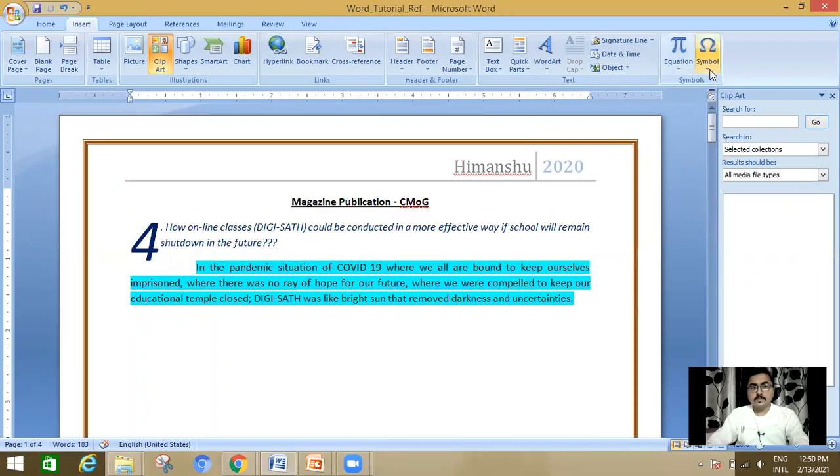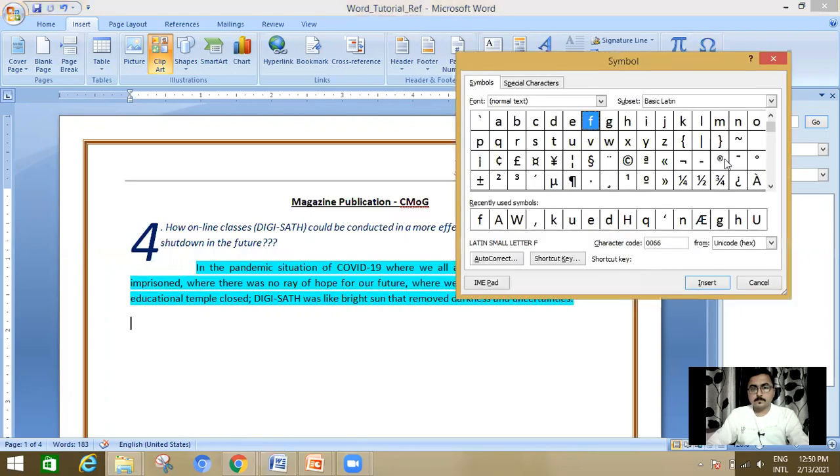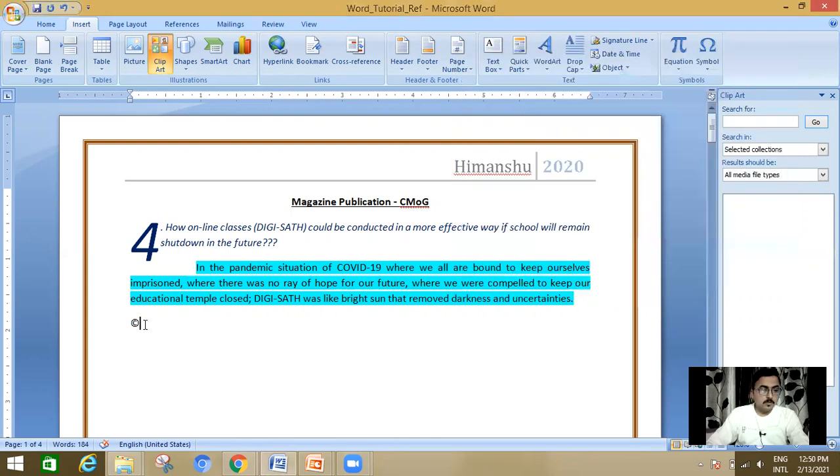So go to the Insert tab, click on Symbol button, go to More Symbols, choose a copyright sign and click Insert button. Close. Now the copyright symbol will appear.